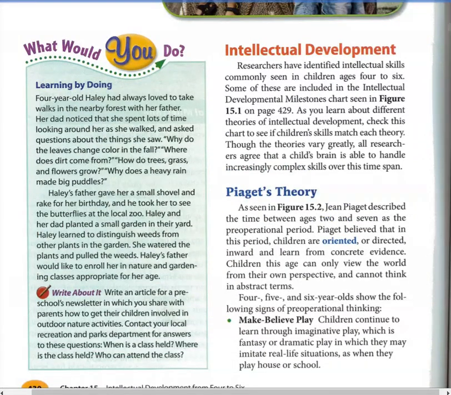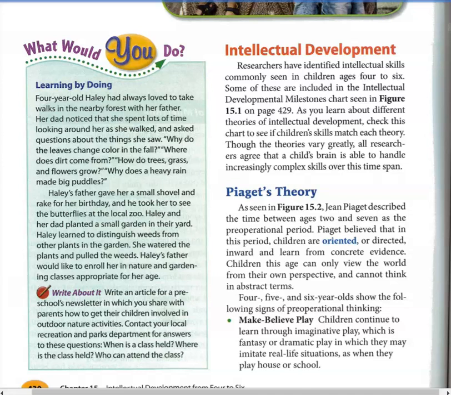Moving on with some intellectual development, we're going to talk about some different psychologists here. The first one we're going to talk about is Jean Piaget. He talked a lot about the development of people as a whole, like how they learn and how they develop their intellectual ability. Basically, the one we're going to really focus on here is the time between the ages of 2 and 7, which he called the